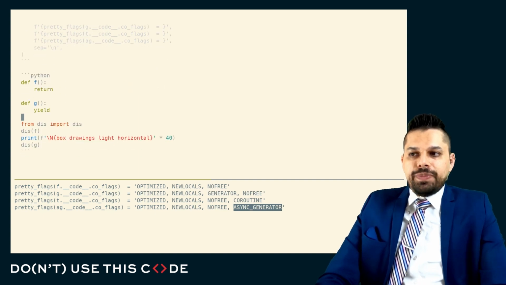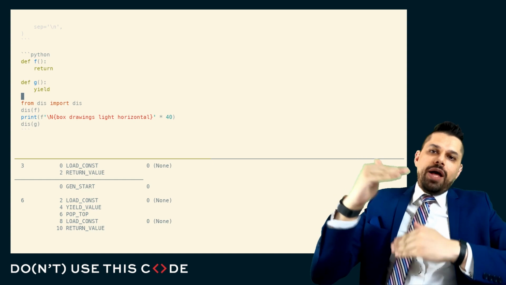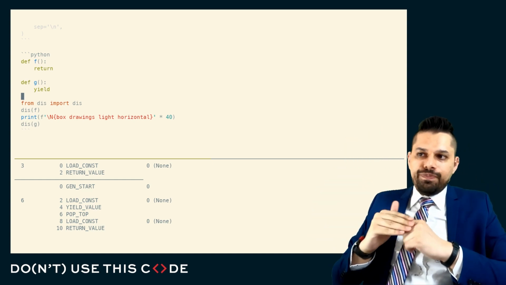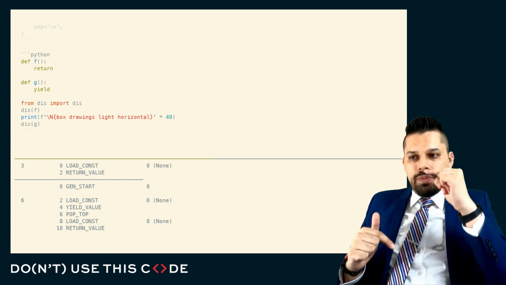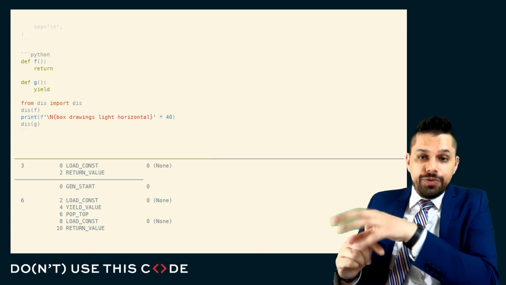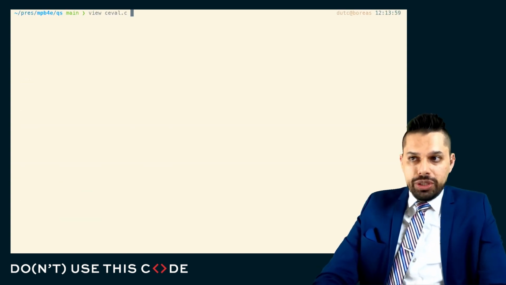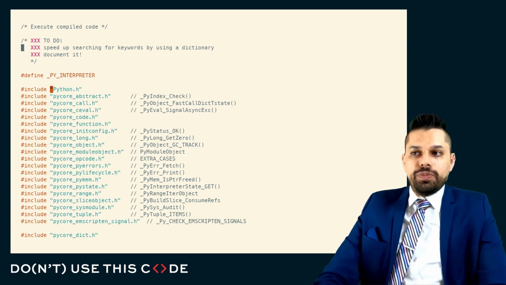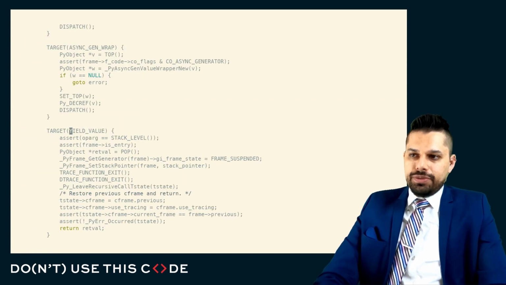Here's what actually happens behind the scenes. When we call a function, we execute the main evaluation loop in the Python interpreter, and we just go through the bytecode from top to bottom. When we execute a generator, we go through that main evaluation loop from top to bottom until we hit a yield value, and then we stop executing that main evaluation loop. Let me show you what I mean by actually showing you the C interpreter code and the main evaluation loop in Python. When we have a yield value, actually, let me work backwards.